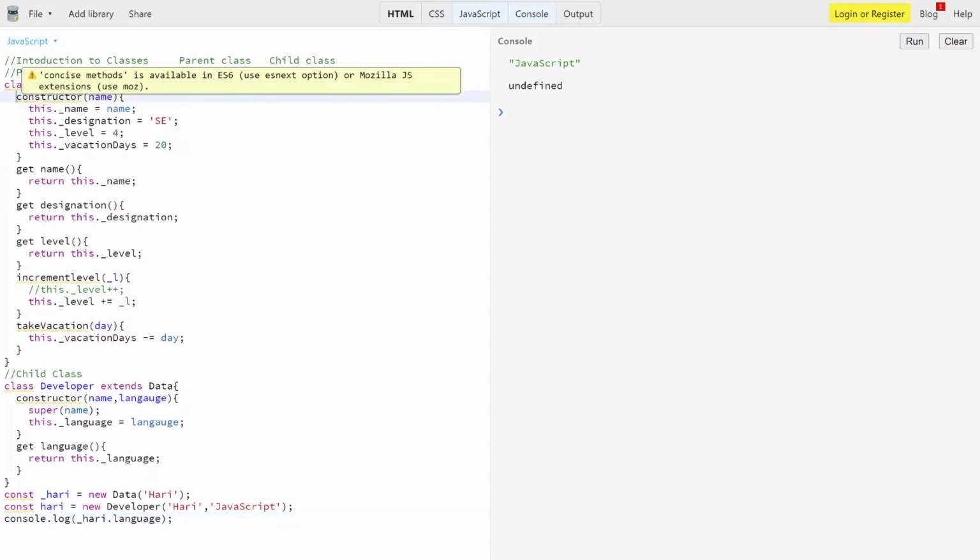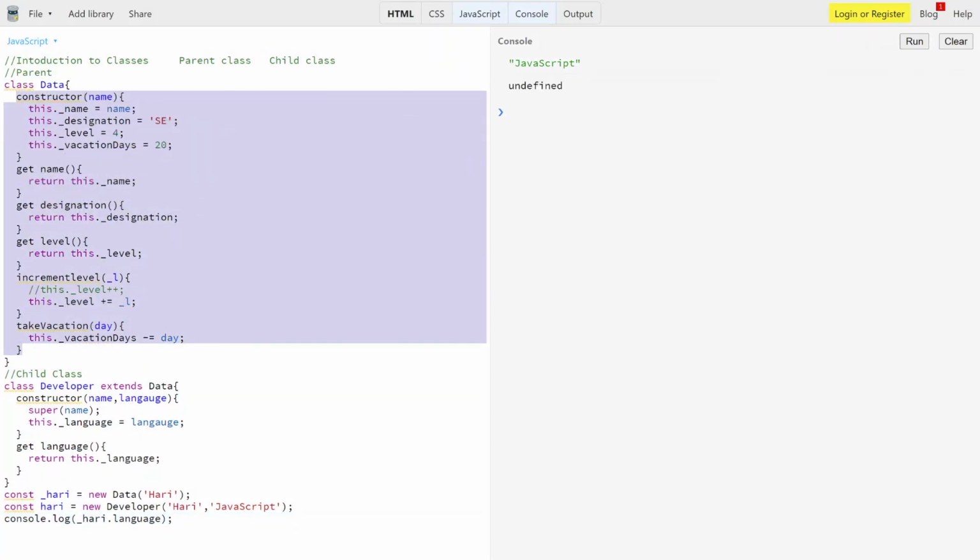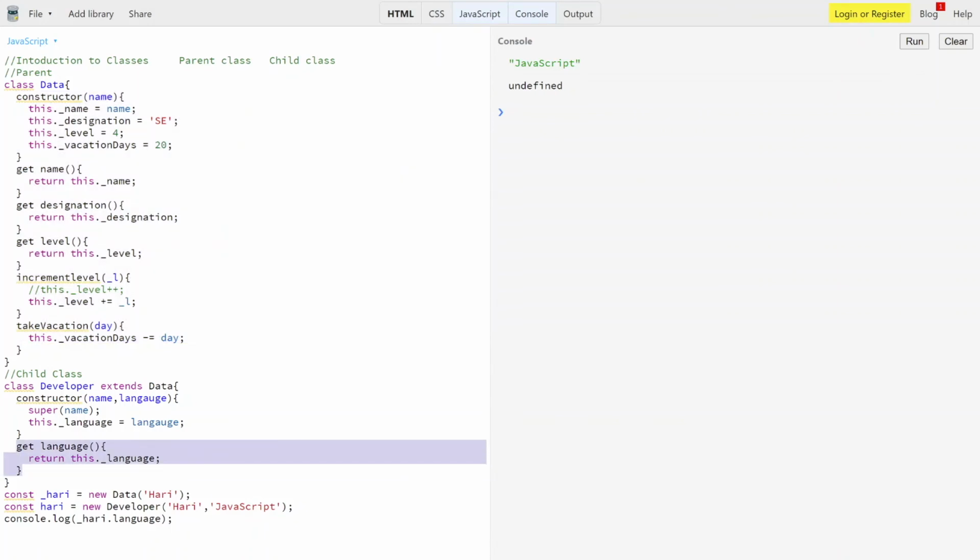All the methods of the parent class I can get in the child class itself, but the methods in the child class we can't access in the parent class. So that's how that nature will work. Simply, all the things which belong to the parents get promoted to the children, but the properties that the children have, the parents don't have the right to own. So that concept also works over here, and that's how you can use it.